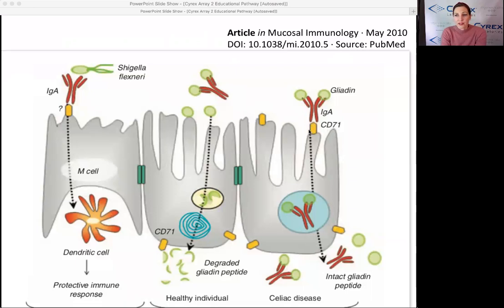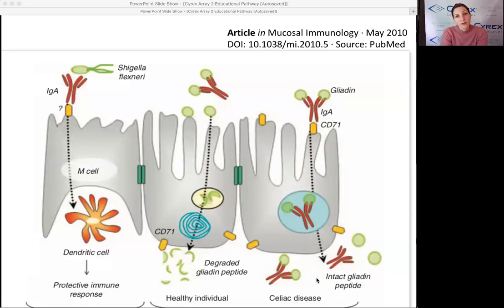And here we have this receptor, which I referred to before, which is CD71. So we often see the receptor expressed here on the basement membrane part of the cell. But when you have expression or overexpression of the CD71 membrane here on the apical part of the cell, then we have the ability to create IgA-mediated transport via the CD71 receptor, where the IgA bound to food protein is able to actually cross directly through the cell itself into the